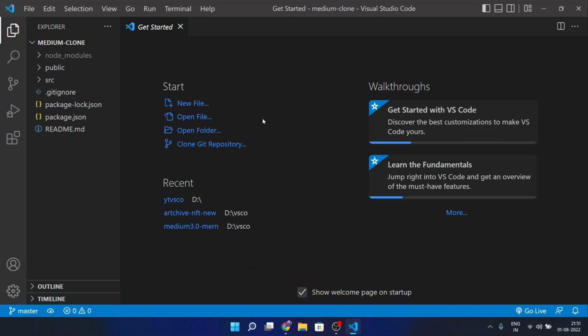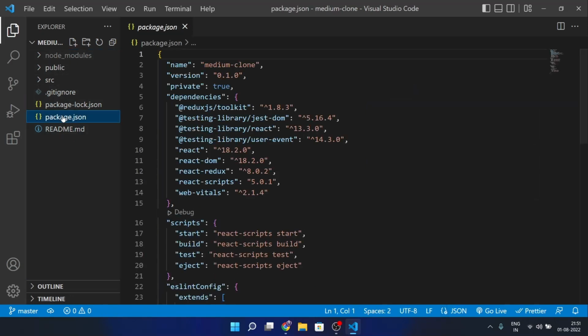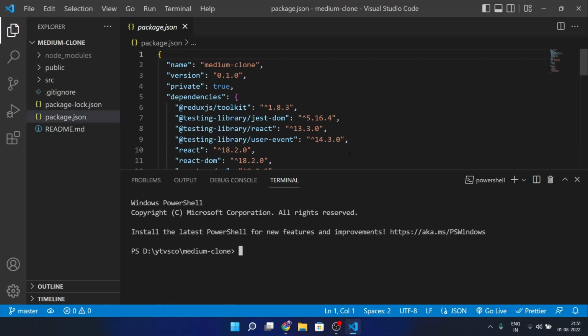After the successful installation of our boilerplate React application, now you can see we have this project directory, and here we have the package.json. First of all, we will start by installing the dependencies that are needed to build this front end. For that, just open a terminal once again, and using npm, we first need to install a very important library, that is Ant Design, that we will be using for the dropdown